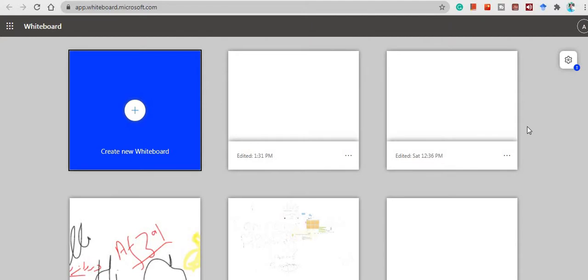Digital whiteboard is a Microsoft product for educators, for the school, especially for the COVID-19 pandemic. It is used in virtual classes to teach online, and it is online with MS Teams. Once you create a whiteboard here and share it, you can share it with your students in real time and within a team. Whether they have an account on the whiteboard or not, they can access this whiteboard